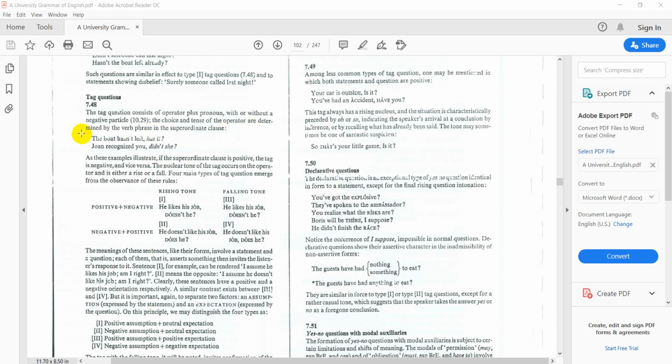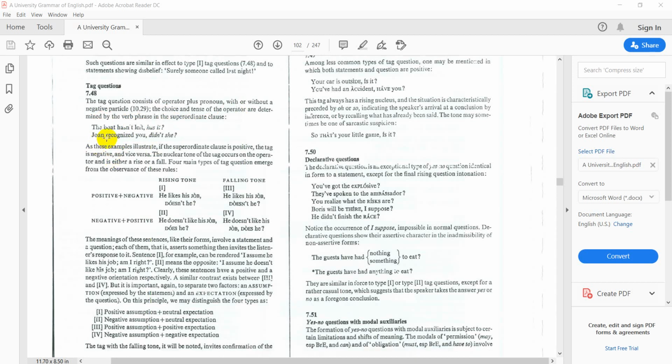With or without a negative particle. The choice and tense of the operator are determined by the verb phrase and the subordinate clause. So I am going to choose the operator depending on the operator in the main sentence. For example,